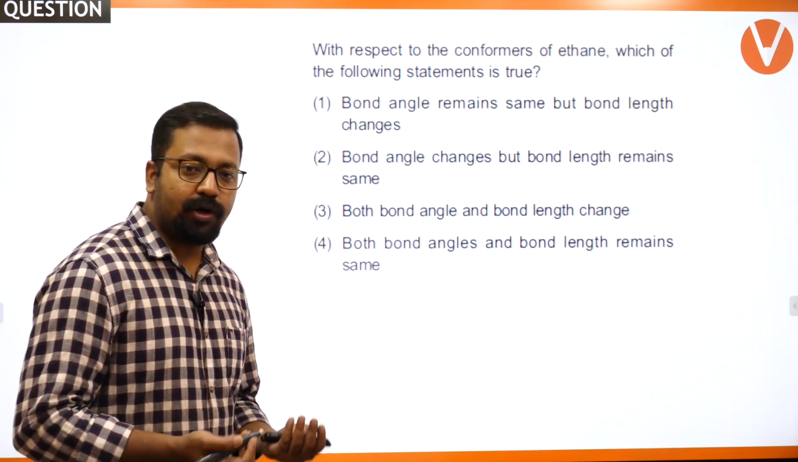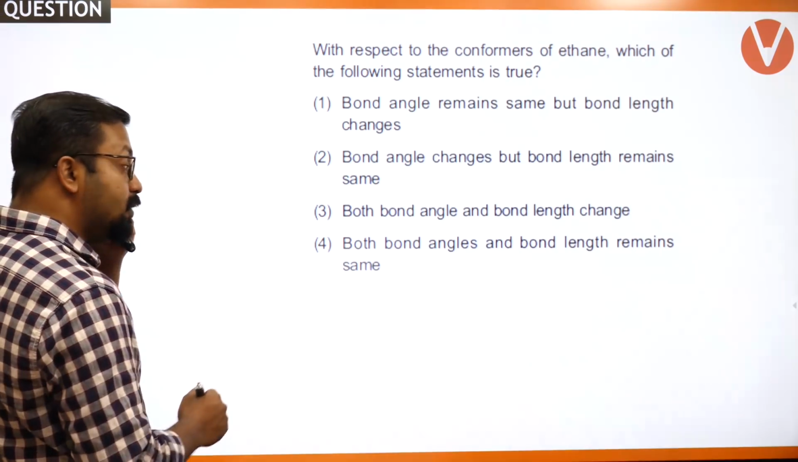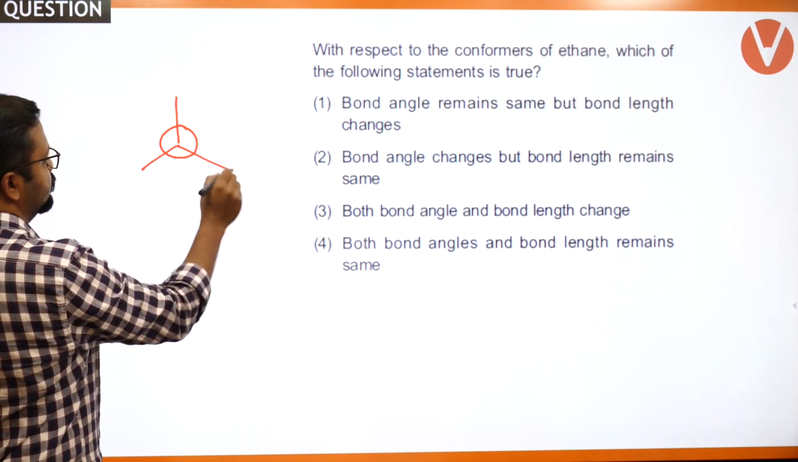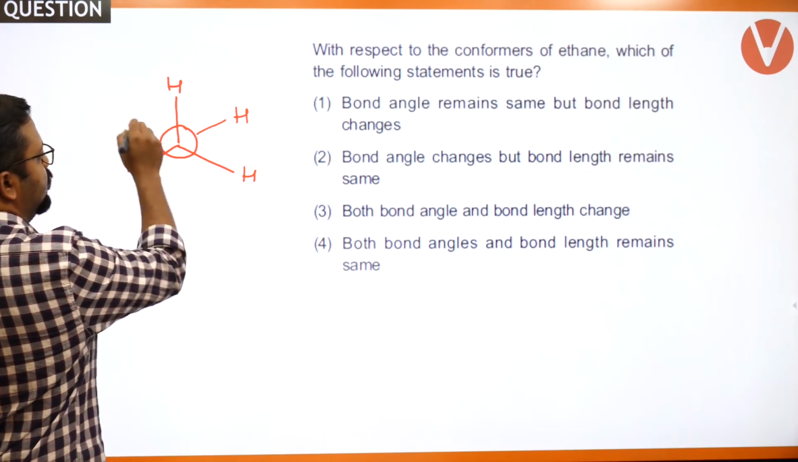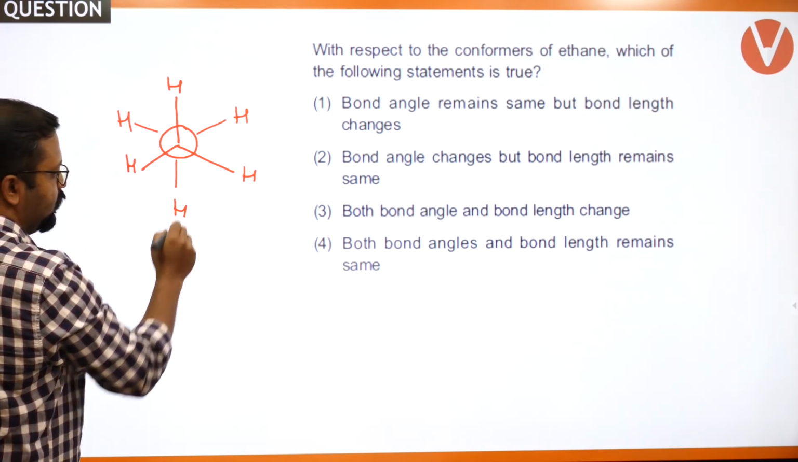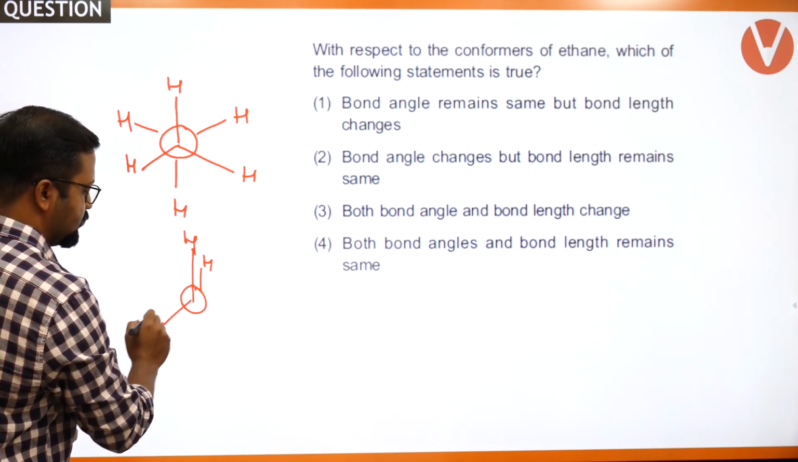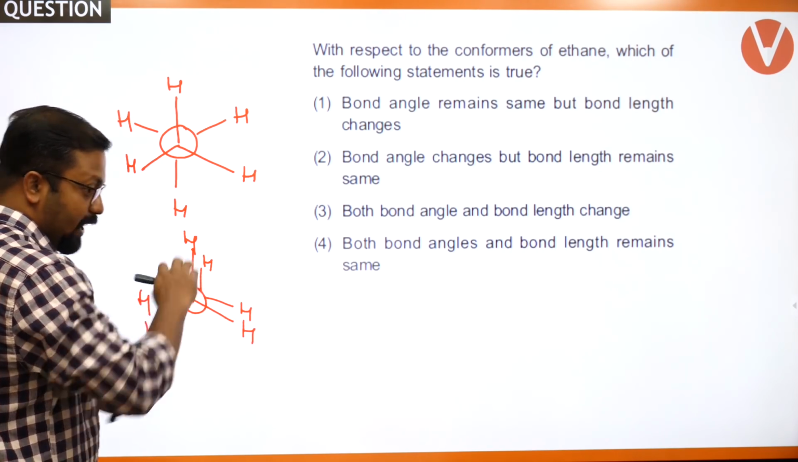Now it is very important to know what are conformers. Conformers are these forms. You must have seen them. This is the staggered form. This is eclipsed form. Now no matter by whatever angle you rotate the carbon atoms, the